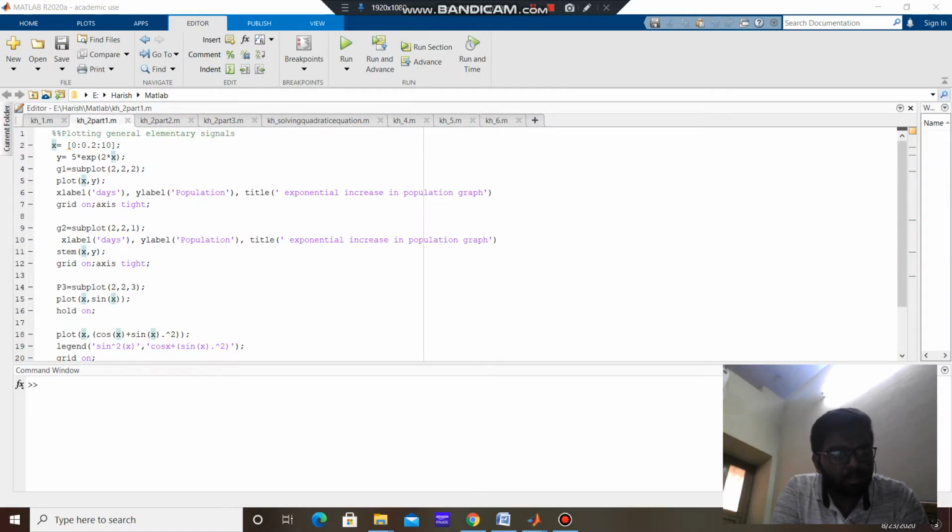And now coming to plotting in MATLAB, here we are plotting the graph of the function 5 into exponential of 2 into x. Here we created the x-axis with the syntax 0 colon 0.2 colon 10. It means this 0.2 describes the spacing from 0 to 10 units, and we are plotting this function by using the plot function, plot of x comma y, and by giving the x label, y label and the title.